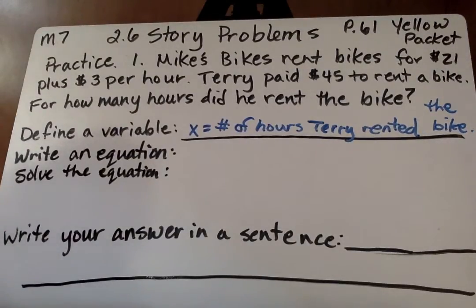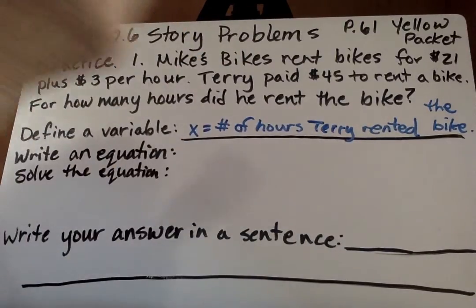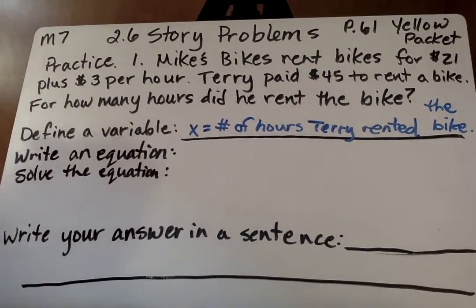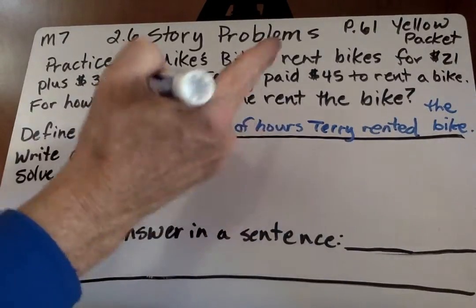All right, next we write an equation. Now, to just rent the bike, it's $21. So that's a flat fee. So we're going to say that our equation is our flat fee is 21